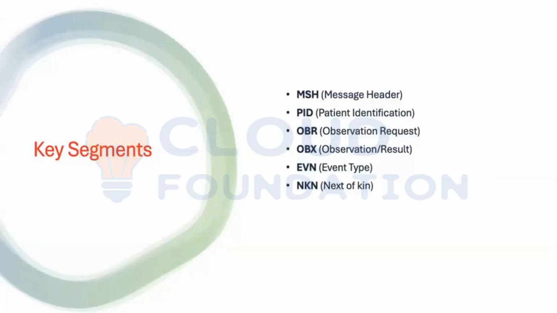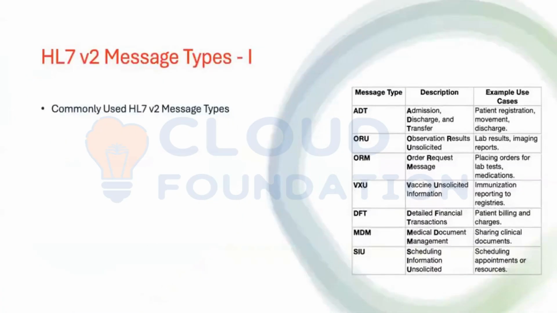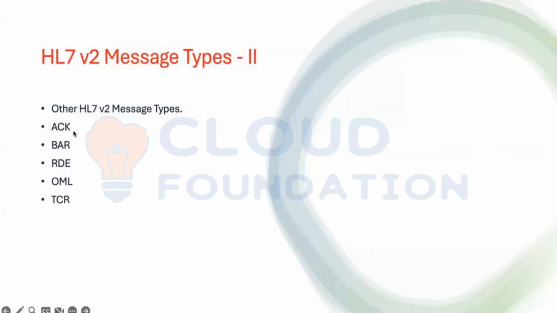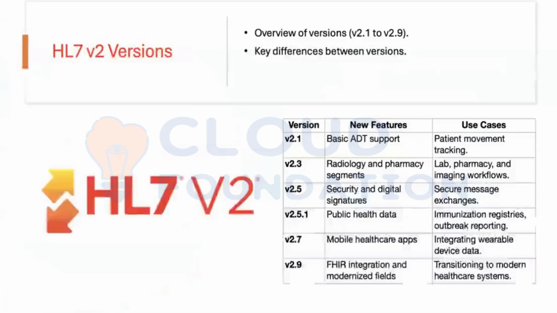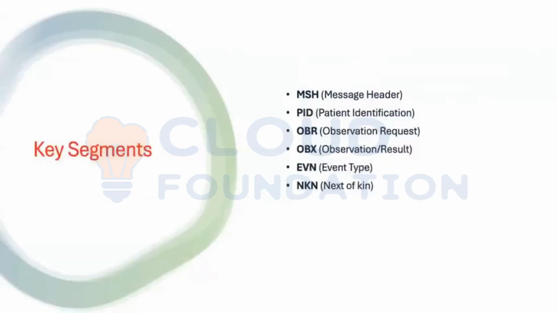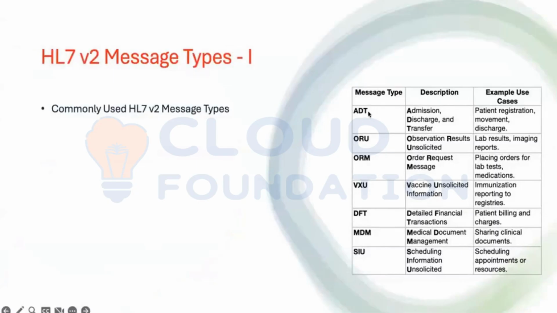There are other segments also. Yes, definitely. There are other segments, and this goes like this: we have ADT, ORU, ORM, VXU, DFT, TMD, SIU. There are other messages as well, and some of the messages will be common for every version. These three characters which you are seeing here will be common for every version. Every version will use only this specified segment type, segment name. If other versions are changing, new segments will also be added for that. Let's say, for example, in version 2.1 we added the basic ADT support. A new message type, ADT, was added. Similarly,